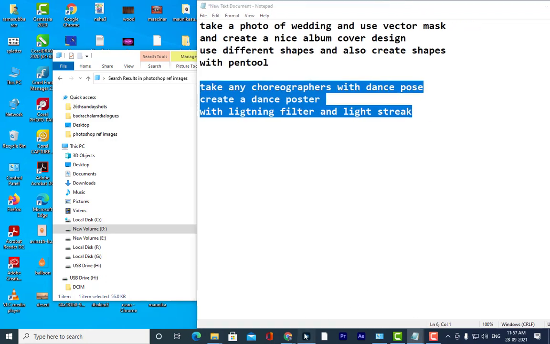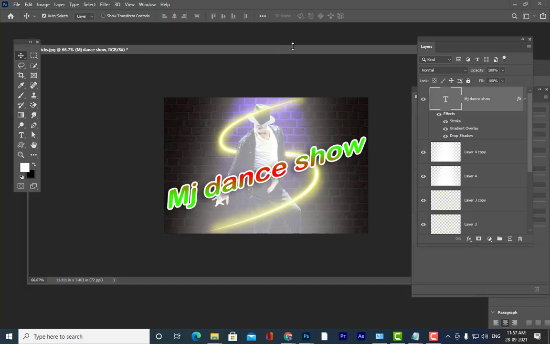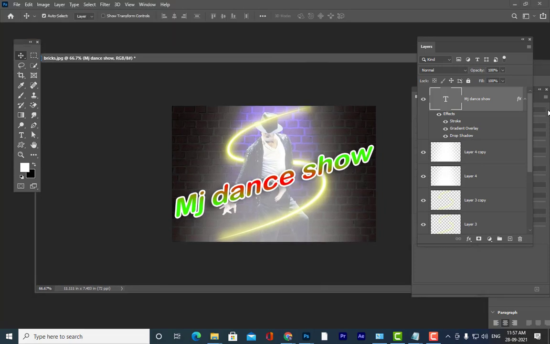Create a dance poster with a lightning filter and light streak, something similar to this. Is it clear, all of you?